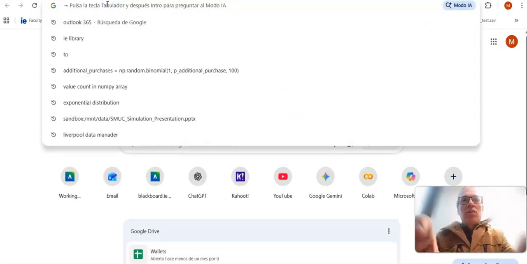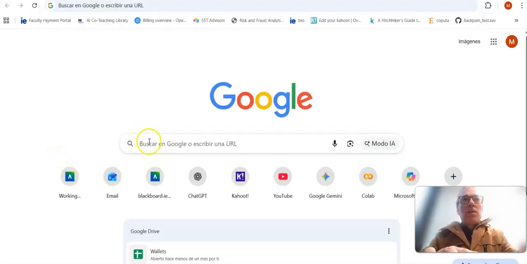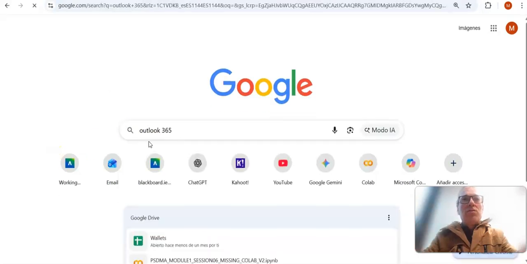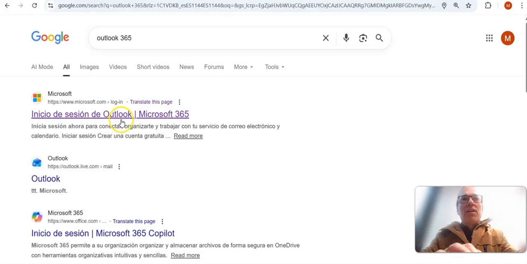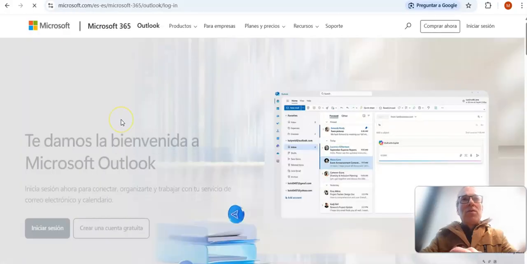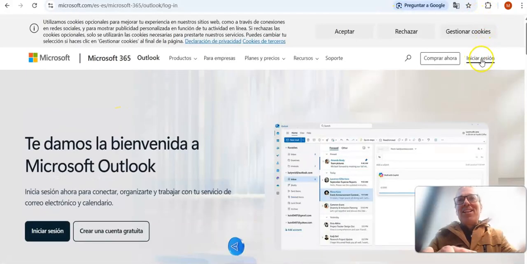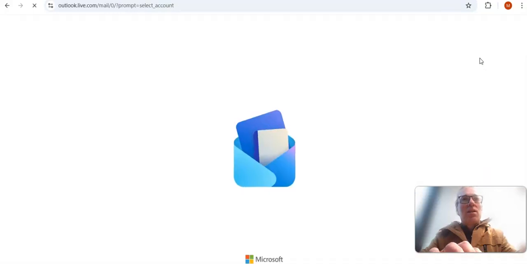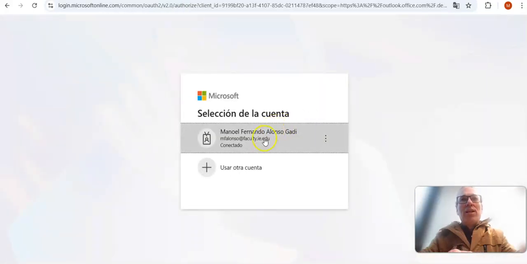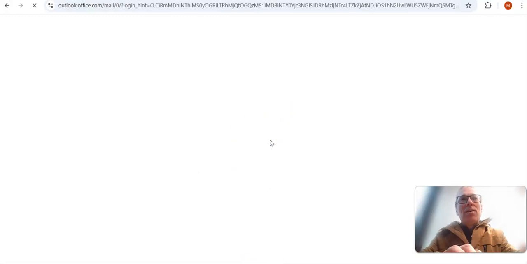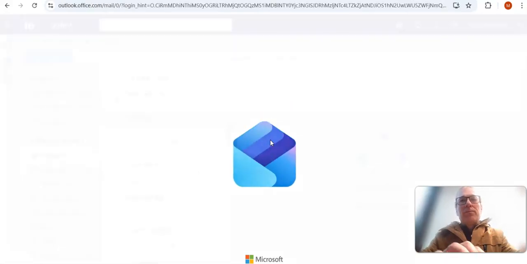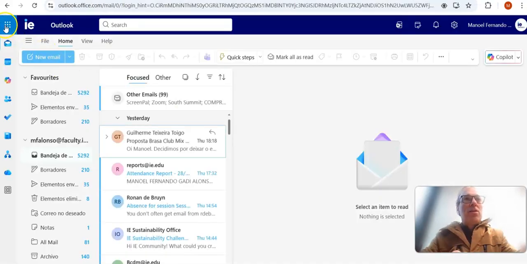So first of all, you need to go into the browser and search for Outlook 365. Then you go to the web there and you start logging in with your email. And once you're in, you click here on the